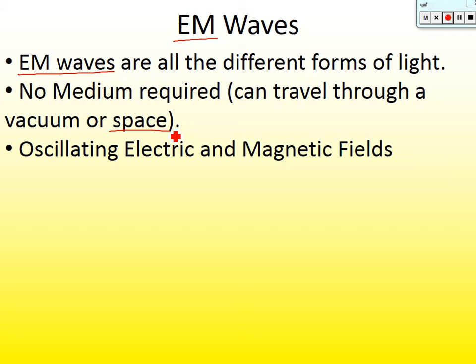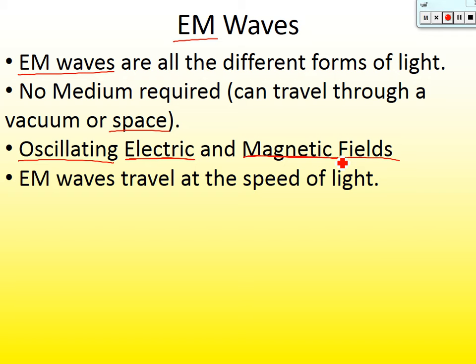So what are EM waves? Well, they're oscillating, which means they move back and forth, and they're electric and magnetic fields. That's where the name electromagnetic waves or EM waves comes from. It's an electric field and a magnetic field that are oscillating. Here's another important